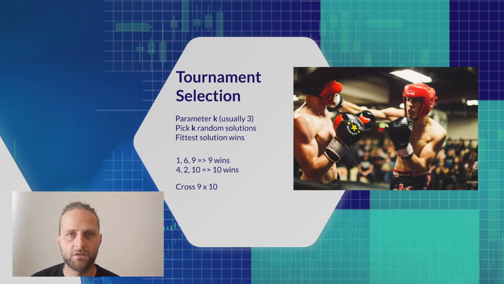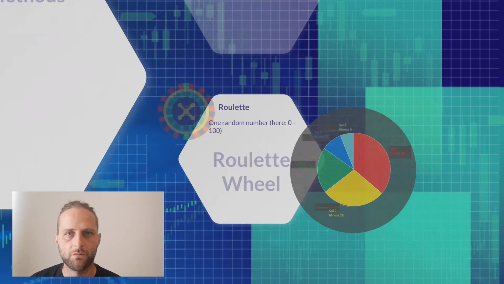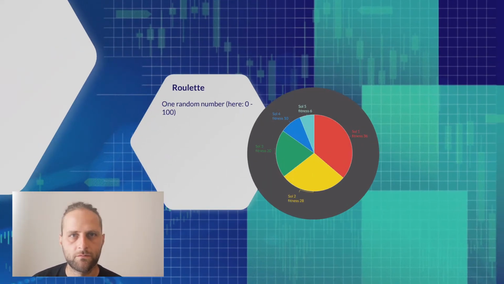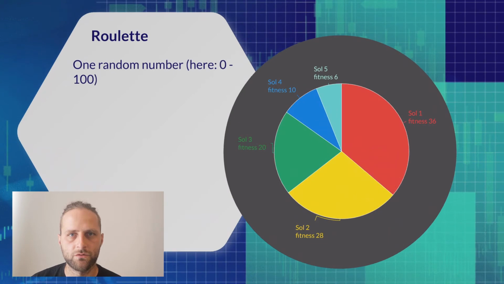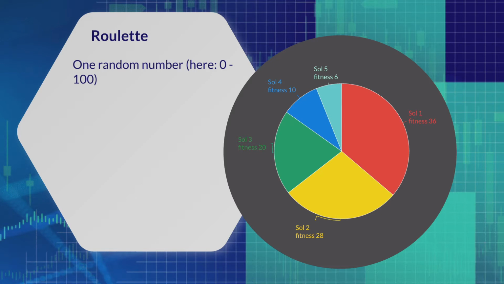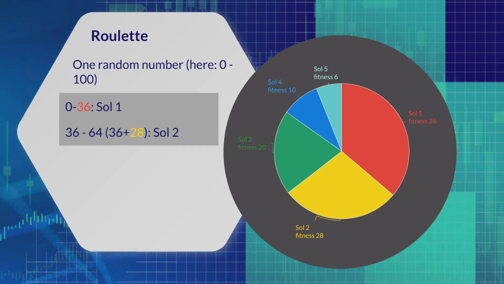For the roulette wheel method, it's good to arrange the solutions from the fittest to the least fit. Let's pretend we have a generation of 5 solutions. The best solution, the one in red, has a fitness of 36. The second one 28, the green one 20, then 10 and 6. The sum of all these fitnesses is 100. So we pick a random number from 0 to 100. If that number is between 0 and 36, then we pick solution 1. If the number is between 36 and 36 plus the fitness of the second solution, then we pick the second